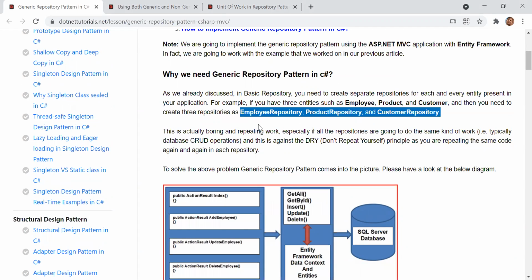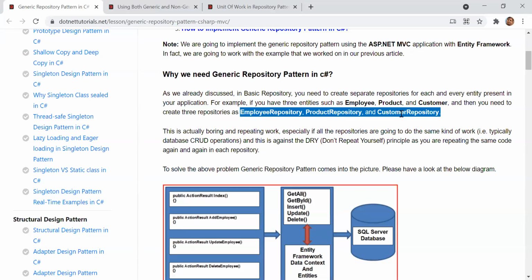So previously, we created only one repository, for employee, right? Suppose now I have three repositories: employee, product, and customer. Then I need to create three repositories if I follow the previous rule. So what we are going to do here is create a generic repository.